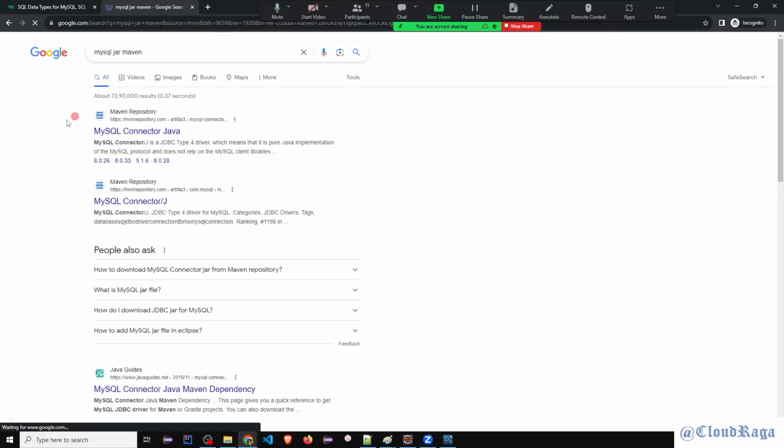Go for all, and you will see this site, guys, Maven Repository. This is one of the legit sites and one of the biggest. It's huge in terms of service providing. So you need to go for this Maven Repository. In future we are going to use this Maven tool, but for now we will use this site for downloading